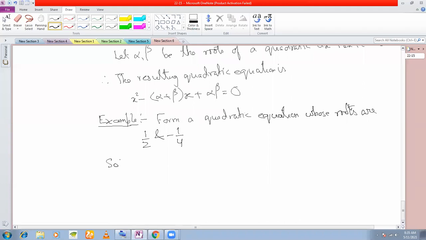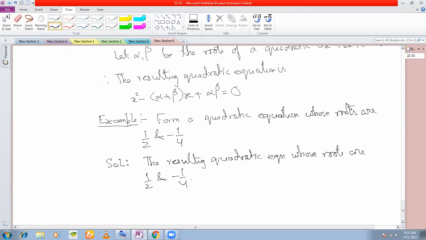Okay, so roots are given. So you can directly write the resulting quadratic equation whose roots are half and minus 1/4 is given by